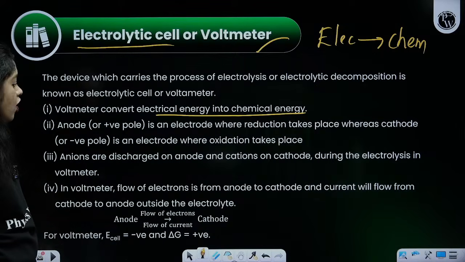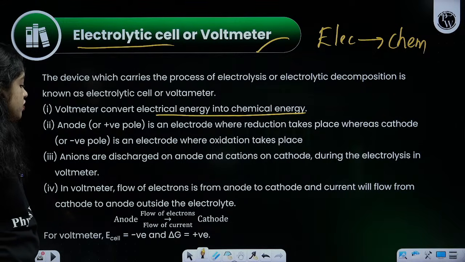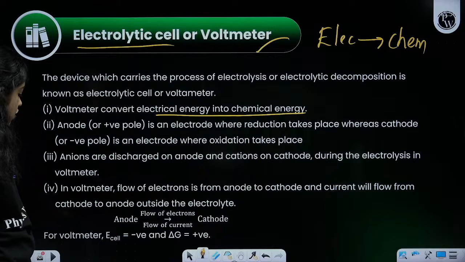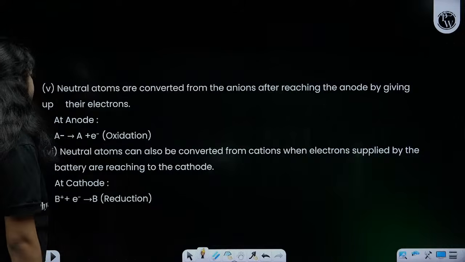In a voltameter, the flow of electrons is from the anode to the cathode, and the current will flow from cathode to anode outside the electrolyte. So E cell is negative and delta G is positive for a voltameter. Then